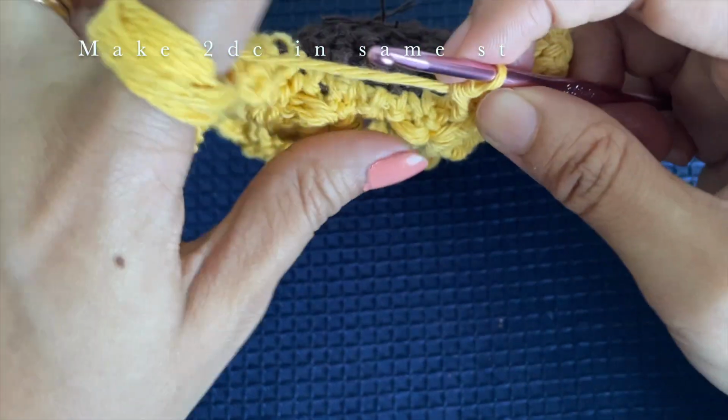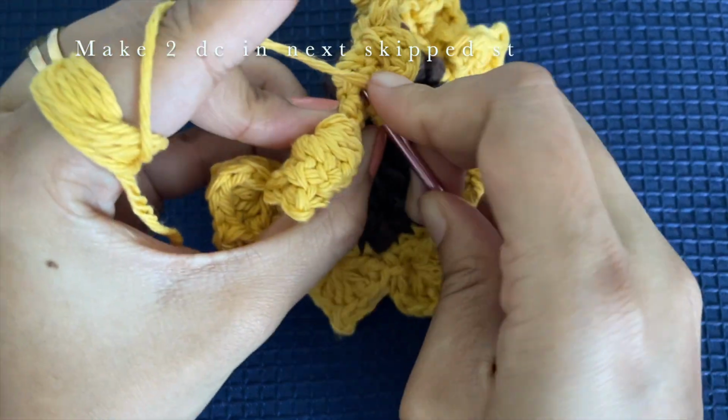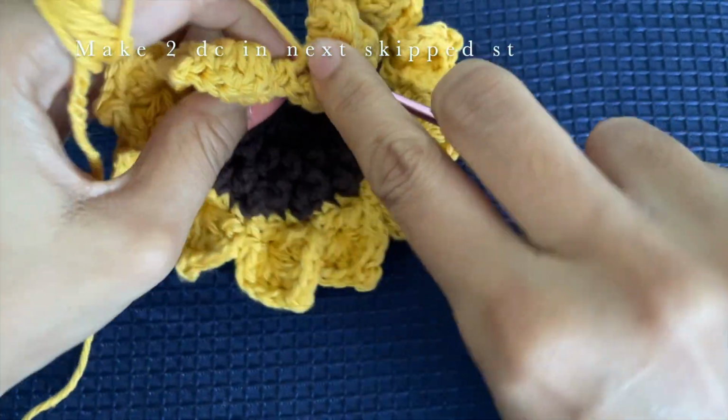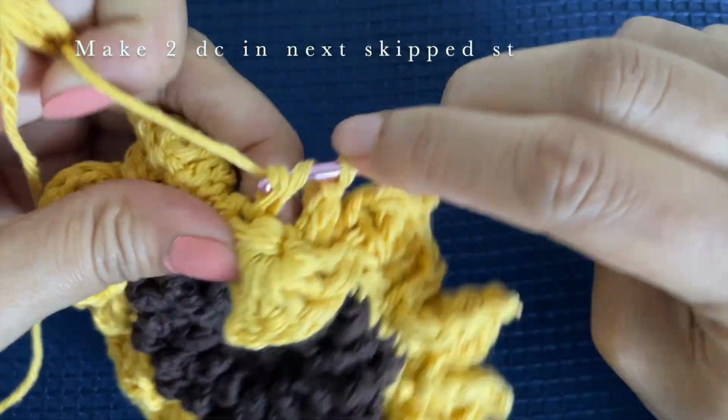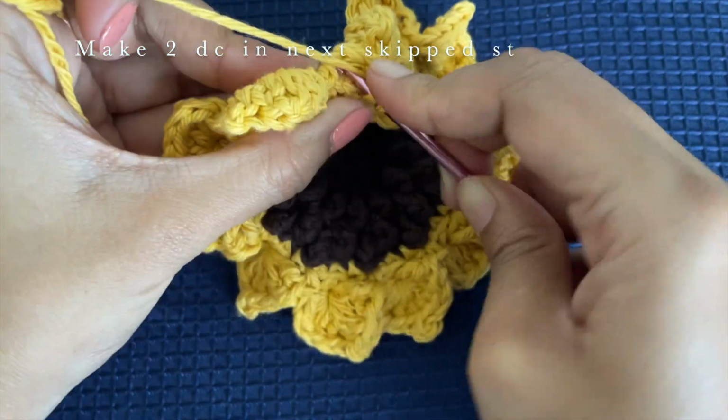Now if you see, in each petal there will be 2 skipped stitches. So this is the first one, we have made 2 double crochets. This is the second skipped stitch. So here we are going to make again 2 more double crochets. So into each of the petal,